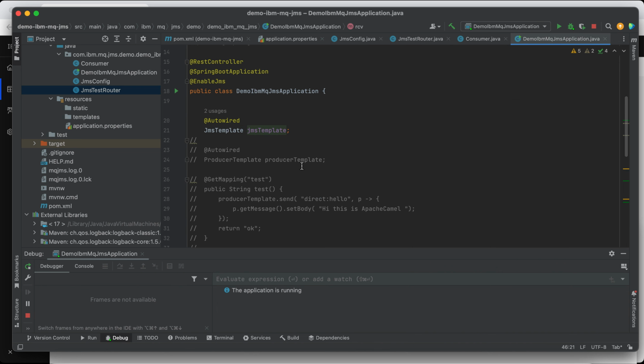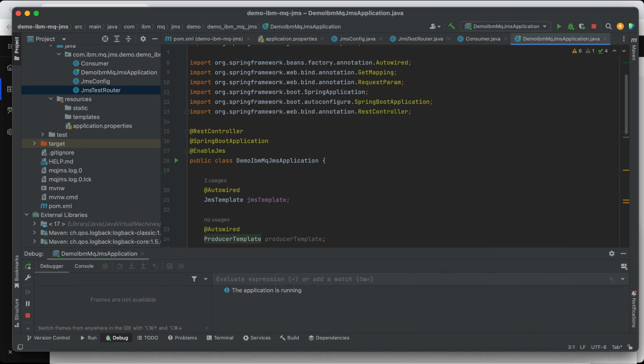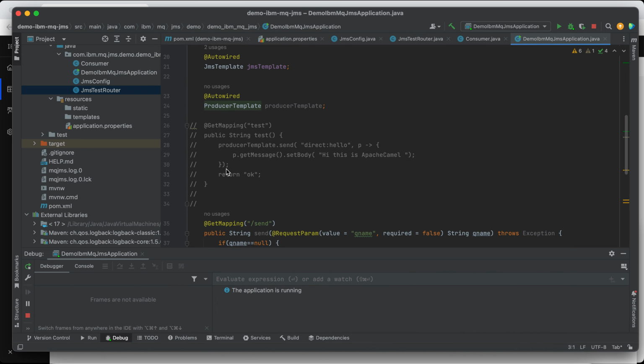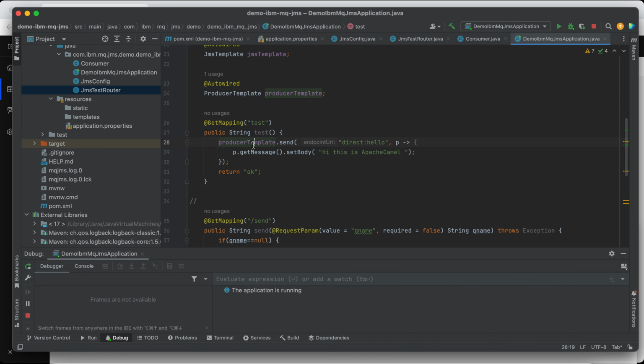We will use this producer template to send a message to that endpoint. This is provided by the Camel library, producer template. Basically, you use this API to send a message to this endpoint.